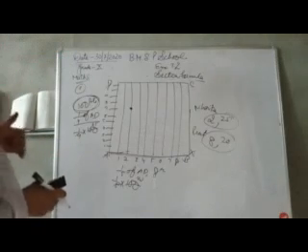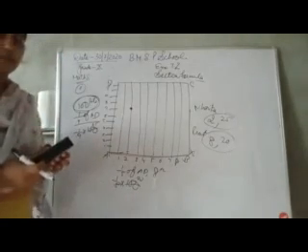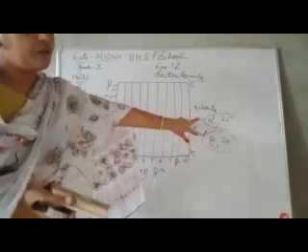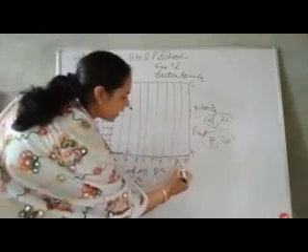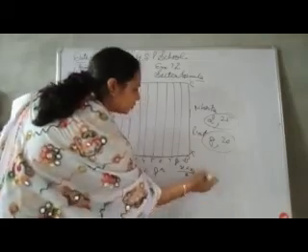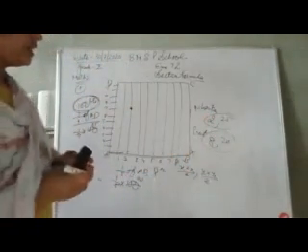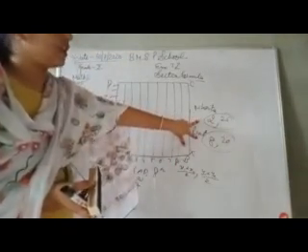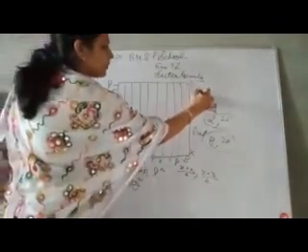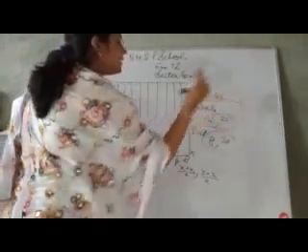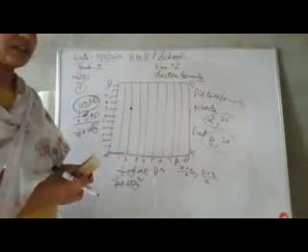Now they said that there is one girl, Rashmi, who wants to post a flag in between them. It means we have to find out the midpoint of these. Midpoint formula, I already told you: x1 plus x2 by 2, y1 plus y2 by 2. You will get your answer. And they ask what is the distance between both girls. So for the distance you will apply the distance formula. Okay, thank you.